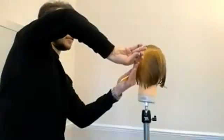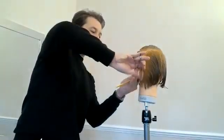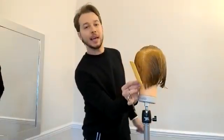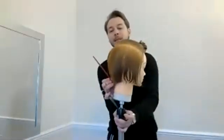between elevation and layering. Graduation and layering, sorry, with our elevation. So the reason we do that is something for later on. When we start to connect the top in, if our graduation was down here, like something we did with our graduated bob, I'm going to change the colours, get something a little bit more different to the hair. If our graduation was down here, like we did with our graduated bobs,